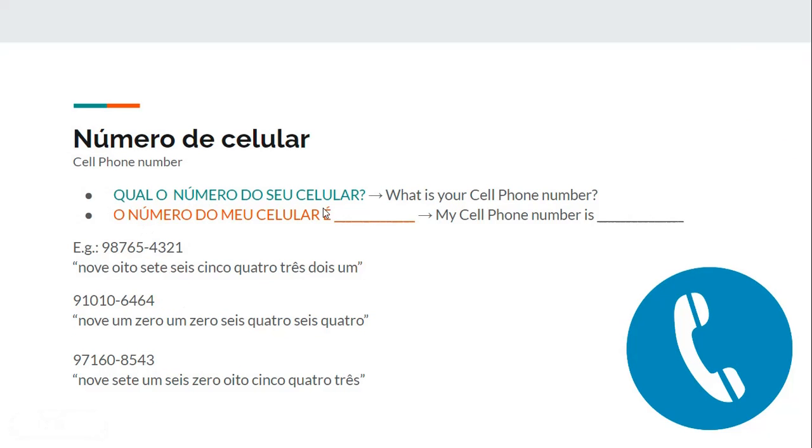Qual o número do seu celular? So what's your cell phone number? O número do meu celular é? Here I just basically put some random numbers just to pretend that they are like someone's cell phone number. So for instance, first let's read this one: 987654321, 910106464. And here last